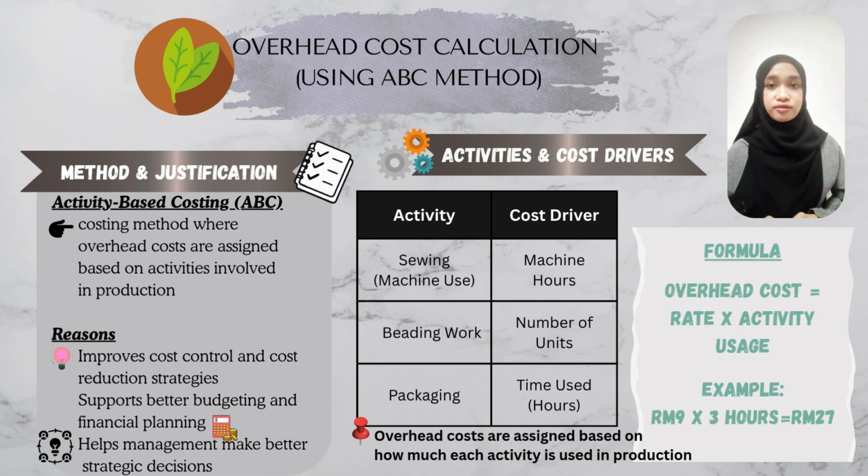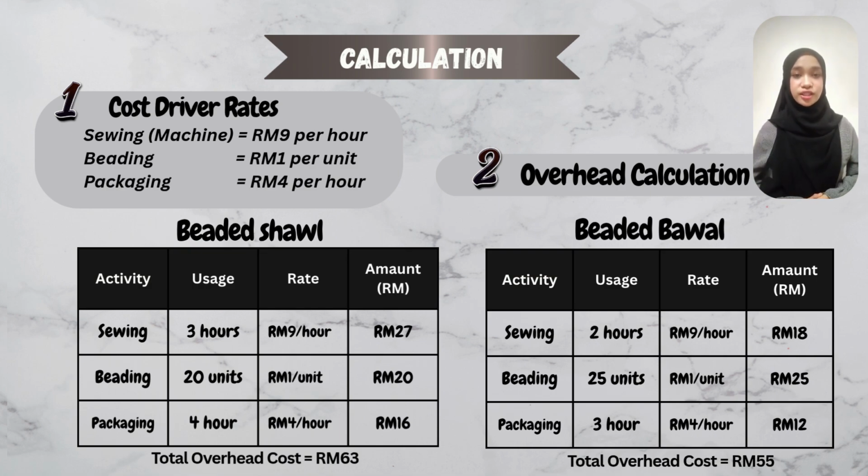For example, if sewing takes 2 hours and the machine cost is RM10 per hour, then the total cost for sewing is 20. Now, I will show the calculation for overhead cost. The formula is rate multiplied by activity usage. For example, RM9 multiplied by 3 hours equals RM27. First, determine the cost driver rates such as sewing machine cost and packaging cost per hour. For the beaded shawl, we calculate the cost based on hours used and rates. After adding all activity, the total overhead cost is